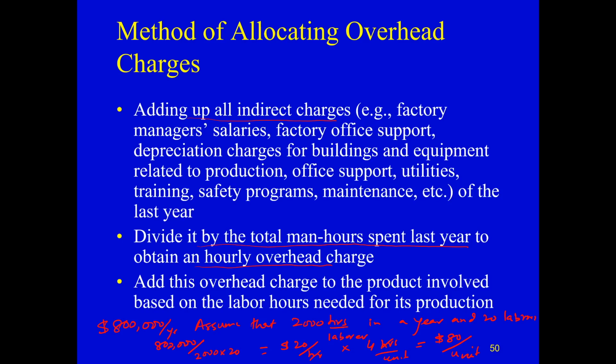And then of course you add up the direct labor cost involved in producing that product, and also the direct material, and that will be the cost of goods sold. And from here we can look at how much price we have to ask for this product. This is a traditional method of allocating the overhead charges,